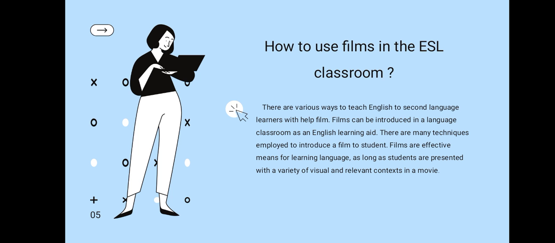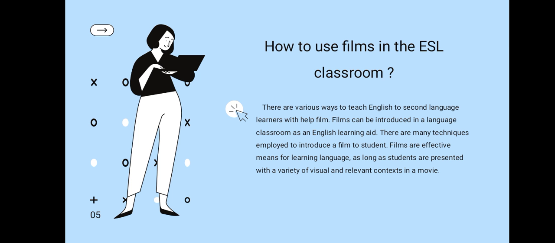And films can be introduced in a language classroom as an English learning aid. There are many techniques employed to introduce a film to students. Films are effective means for learning language as long as students are presented with a variety of visual and relevant contexts in a movie.